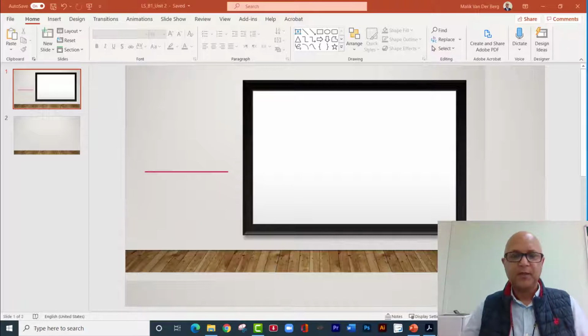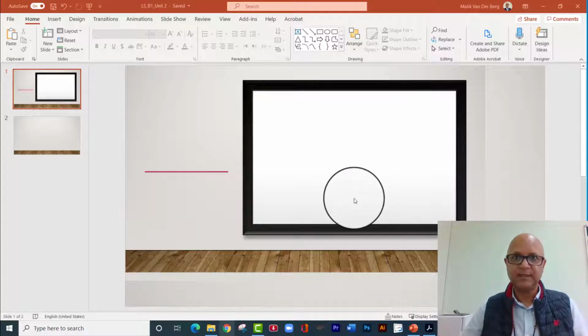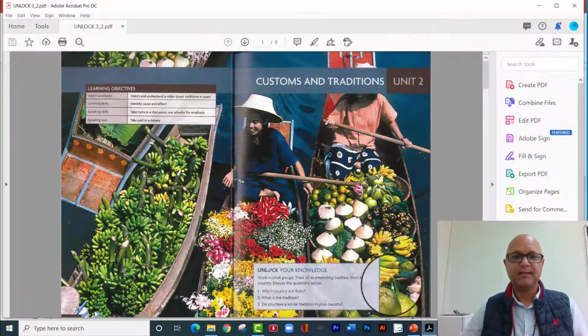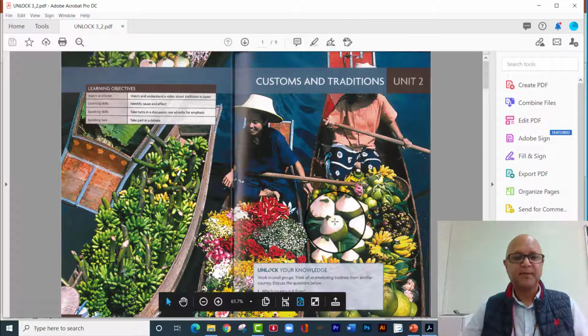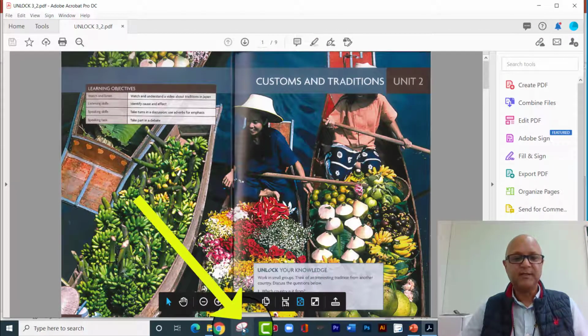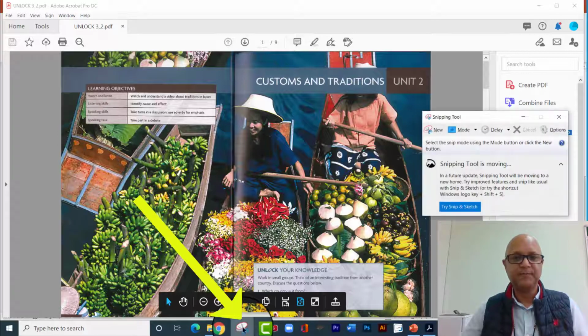Good day. Usually when I want to create a PowerPoint, I open up my PowerPoint presentation. Whatever source I'm going to use, I normally open up and have it ready. In this case, my source is this PDF. So I then generally snip using the snipping tool,